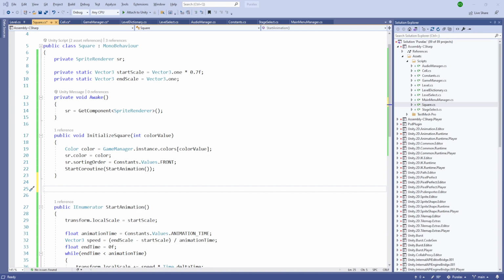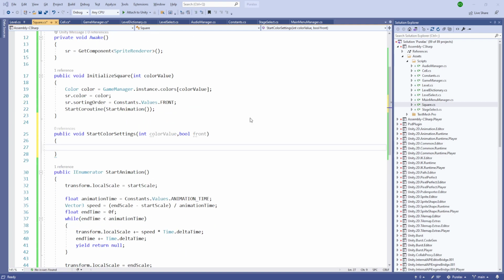So this should be the last function we are going to need for the state select square, and this is going to be public void StartColorSettings. Here we'll pass the first thing, the color value if it needs to be changed, and finally a boolean which is going to check if it is at the front. So let's first get our color. Then our color is going to be, if we are at the front,